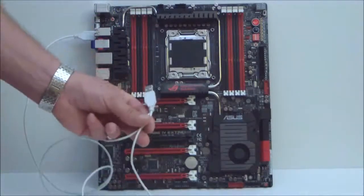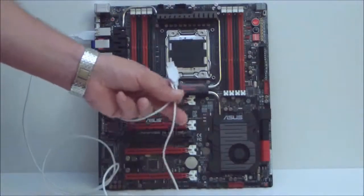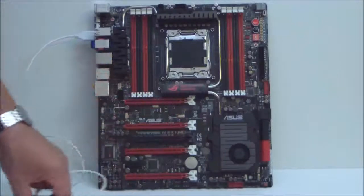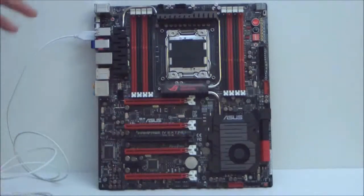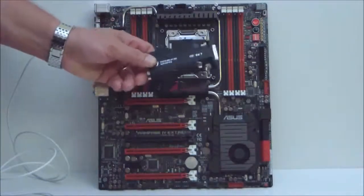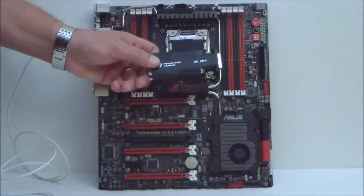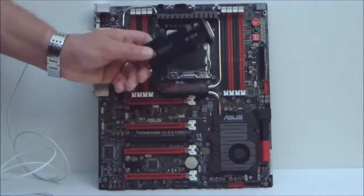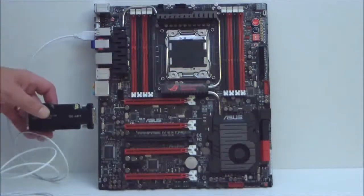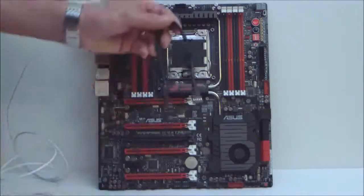This would go into a laptop or a mobile device, and you could performance tune your motherboard via that display without actually having to be using the computer inside the BIOS, the actual system that you're using. Now this also works with the ASUS OC key. OC key is a piece of hardware which allows you to performance tune your system via the on-screen display in Windows. And what you basically do is you take a PCIe graphics card, plug this into the graphics card. Once this gets plugged into the graphics card, you will take this USB cable here,